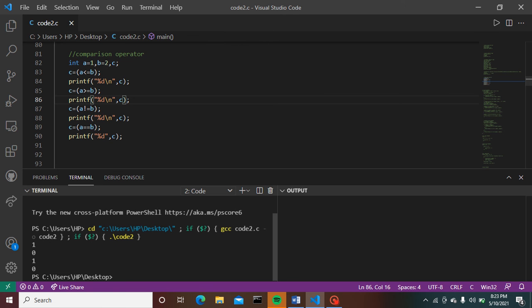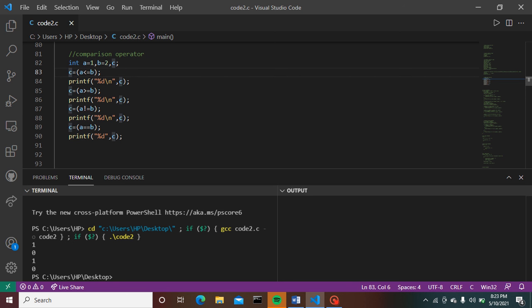See, for the first printf statement it is giving 1. Why is it so? Here I have provided variables a, b and c of integer type, where variable a has the constant 1, variable b has the constant 2, and for c I have provided an expression with a comparison operator in between.